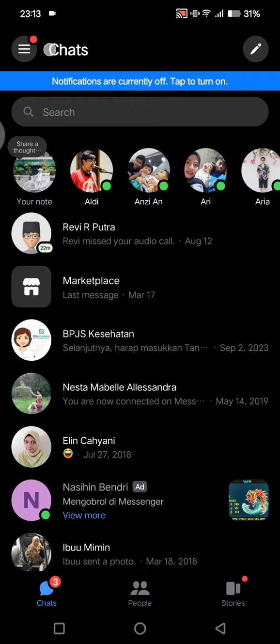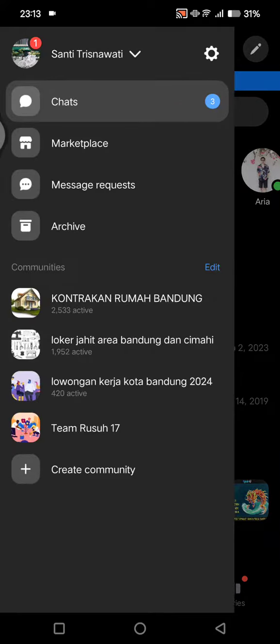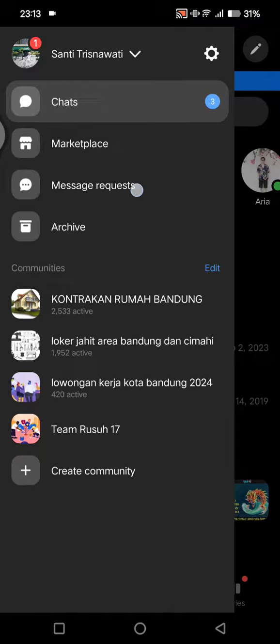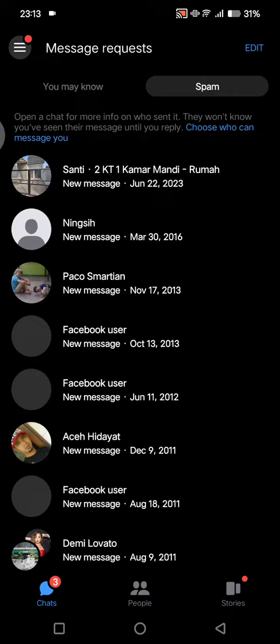You can click on the three lines icon at the top left corner, and in here you can tap on message requests, and you can see there is the spam message. So you can just click on spam. You can see I get lots of spam messages, and if you want to delete it, you can just click